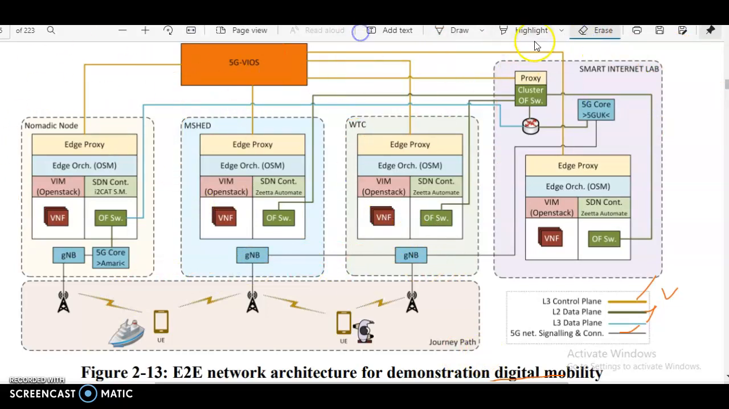This 5G VIOS is connected to the nomadic node, and 5G is connected to MSHED, and connected to WTC and the smart internet lab. We have to discuss that before. The nomadic node contains